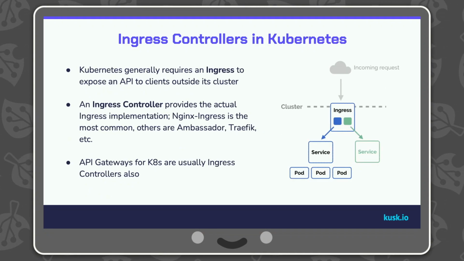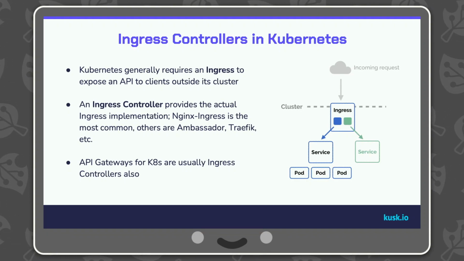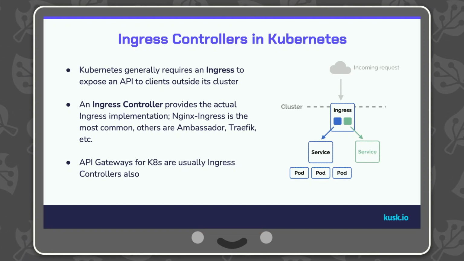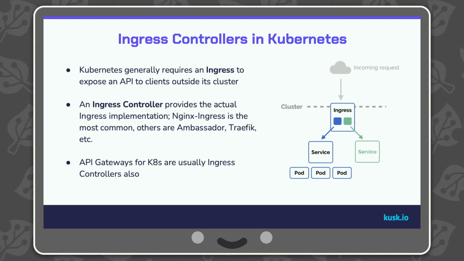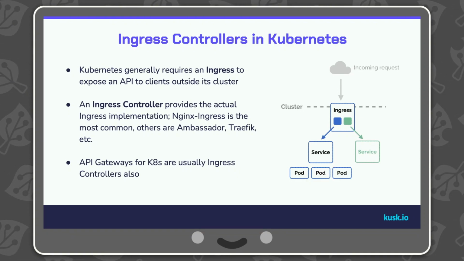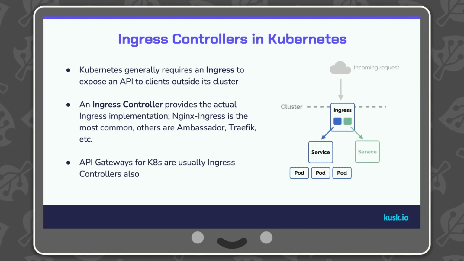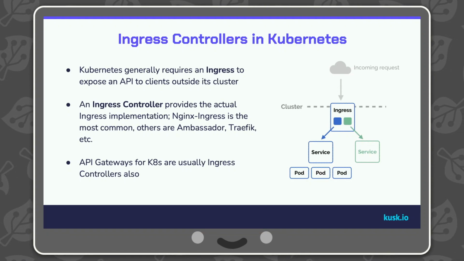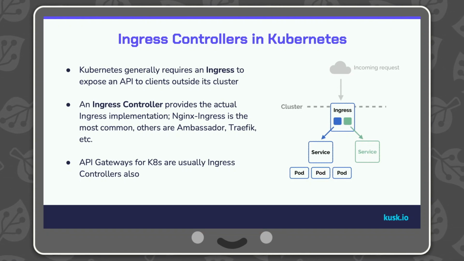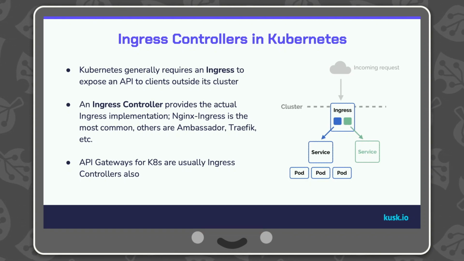And the way that an API gateway is implemented in Kubernetes is with what's called an ingress object. So when you deploy your applications into Kubernetes, usually they're not deployed publicly, as in not being able to be consumed. And so you would need to configure an ingress, which would make that application public, and then would route that traffic. And so the ingress is the object, and an ingress controller is the implementation of that object.